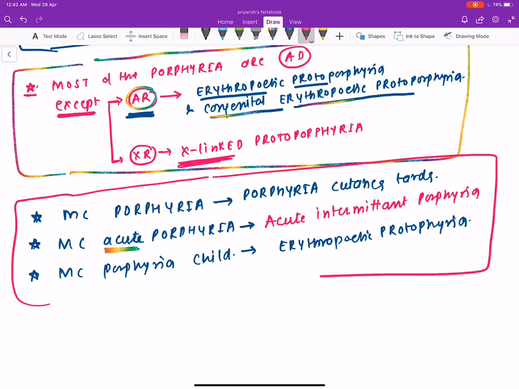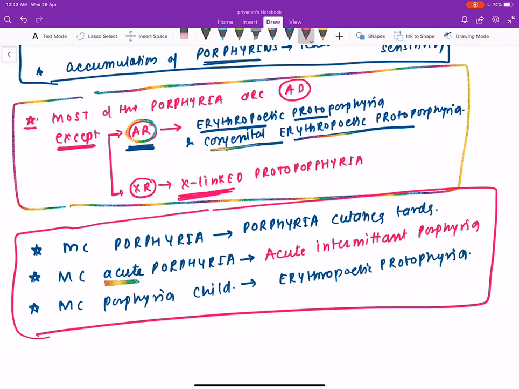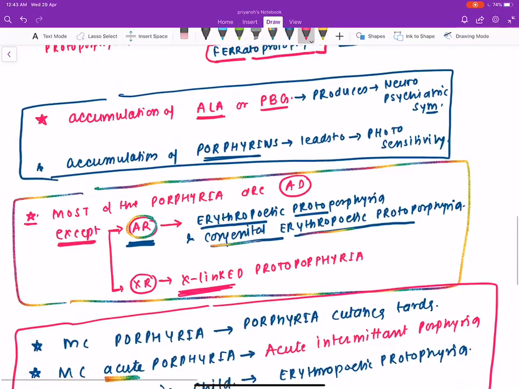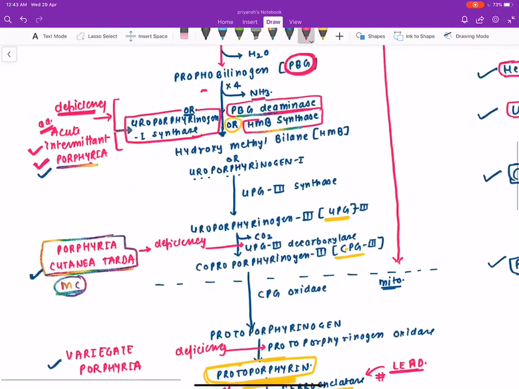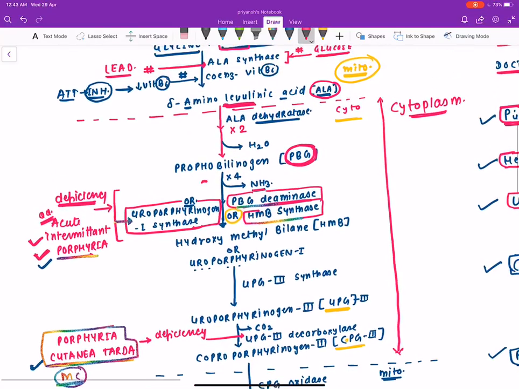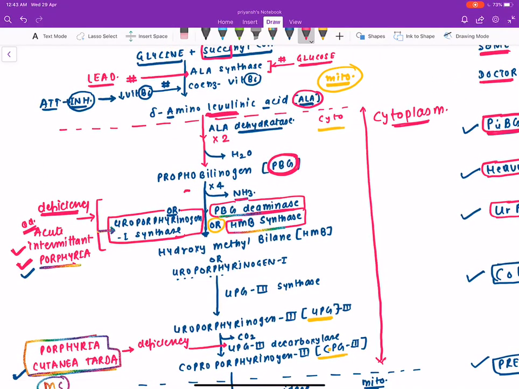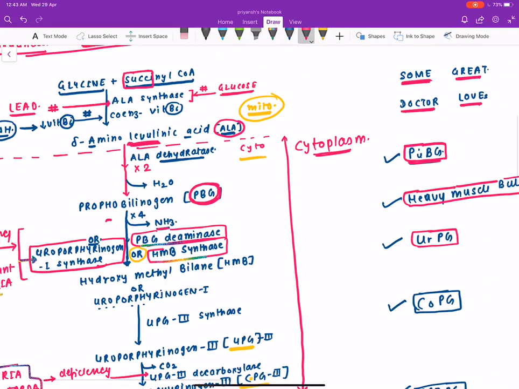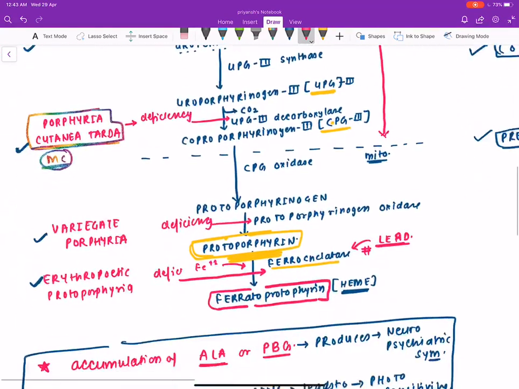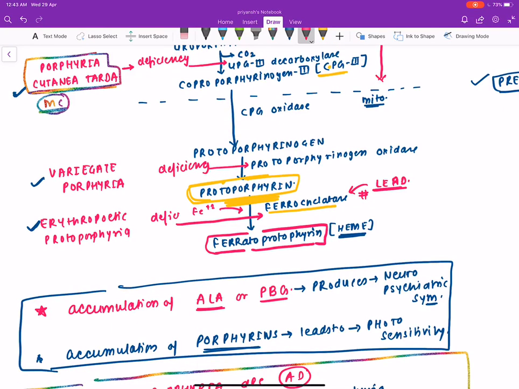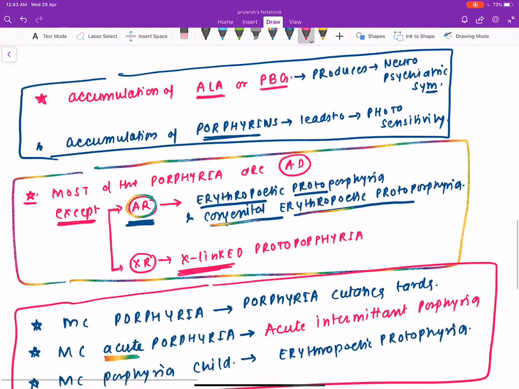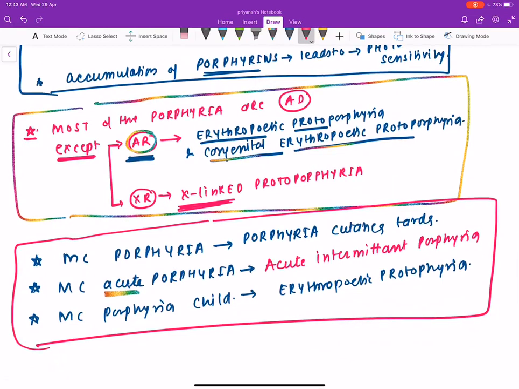Once you practice, once you write down this entire information by yourself, you will be familiar with the terms. It looks a bit complicated, but it is not that complicated. Once you write down this information with your own hand, then you will be able to remember. See, most of the intermediates you can remember by this mnemonic, and the four porphyrias I have highlighted, you have to remember with the name, and the remaining information I have written in these boxes.